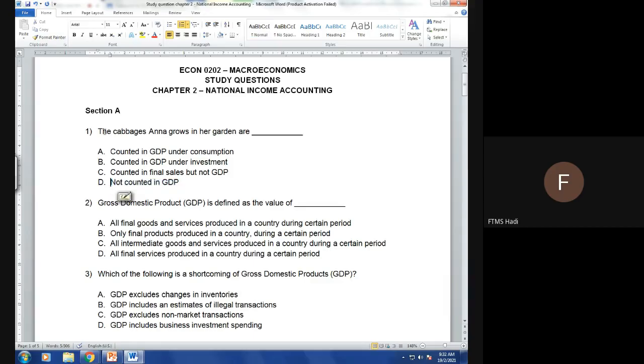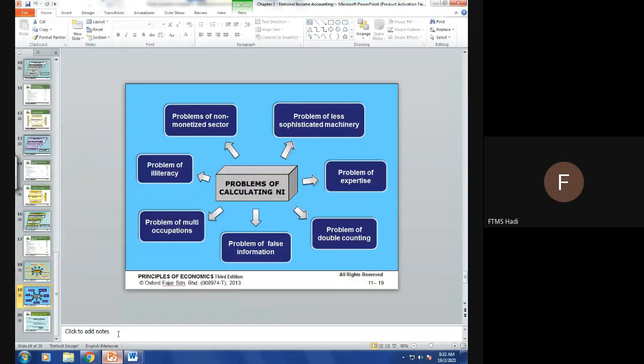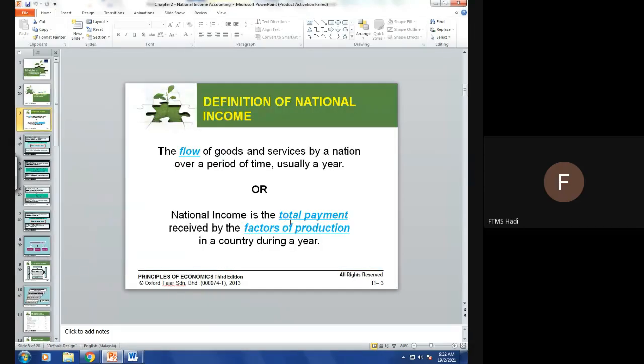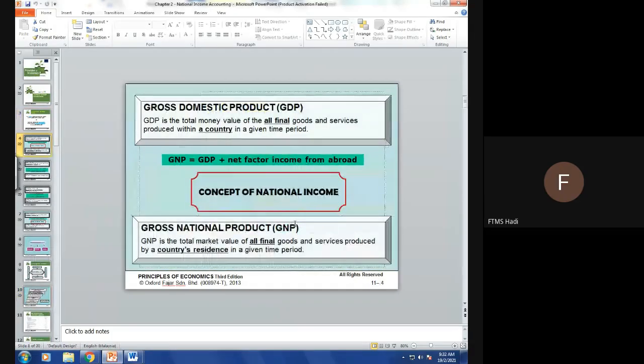Okay, so that is the first answer. Because it still grows and grows, it is not ready made yet. Remember, GDP means that we go to the first one. Where's the GDP? All final goods and services. That means in Malay, barang dah siap. Yeah, barang dah siap. So that is the first answer.